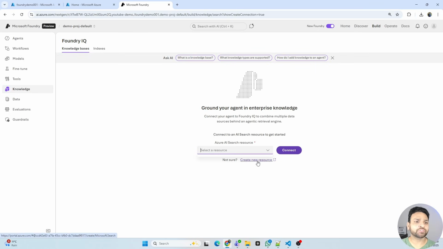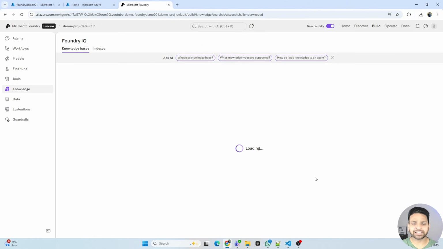There is no one, you have to create a new one. Oh, there is already available, that's good. And let's connect it. Now I want to show you, when the Foundry IQ is created, it's like a centralized